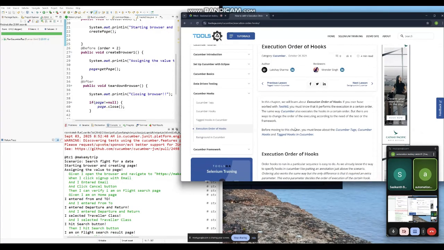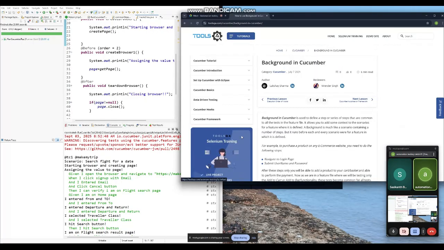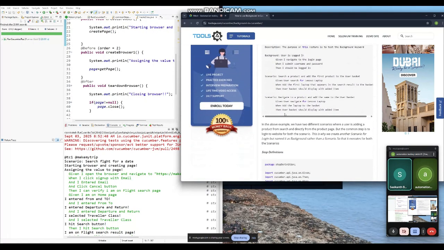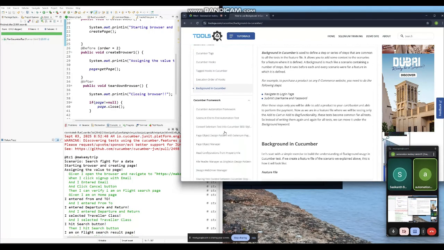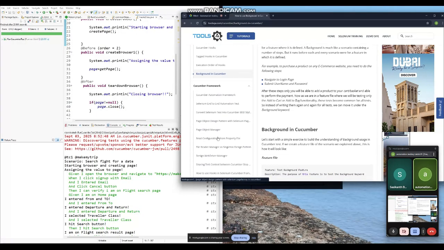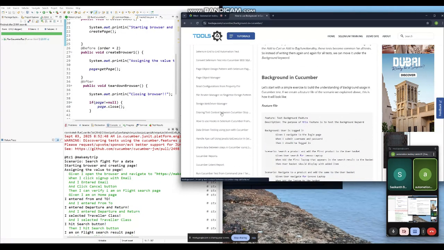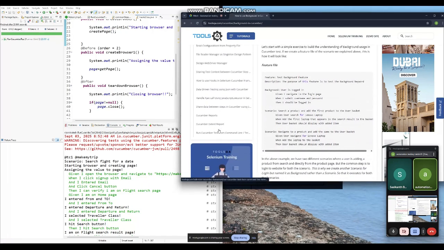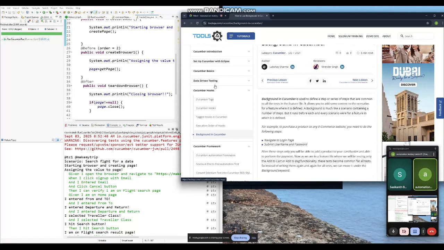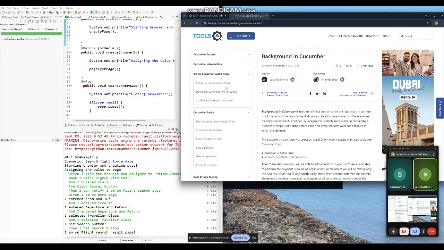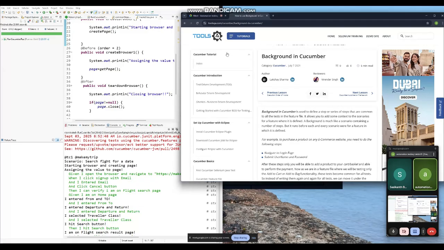Next, background. I think we covered the background already. We use the background to segregate the steps which are common, right? Now let's discuss the Cucumber annotations. Where are the annotations? Let's go to the